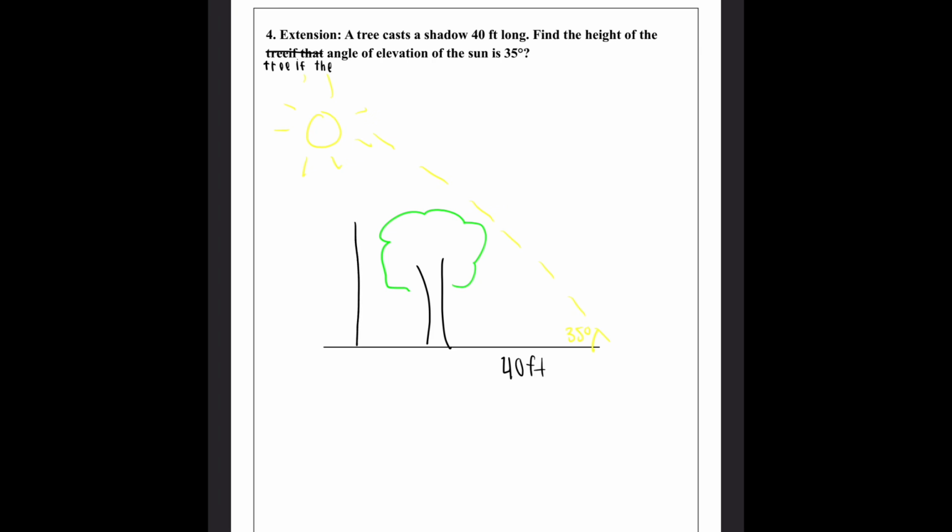You will be completing question 4, the extension question, on your own. A tree casts a shadow 40 feet long. Find the height of the tree if the angle of elevation of the sun is 35 degrees. I will help you with the visual to get you started. So let's draw the tree here. This is a tree, and we need to find its height. So the sun is up here, and the angle of elevation, this angle is 35 degrees, and we know that the shadow is 40 feet. So we're trying to find this